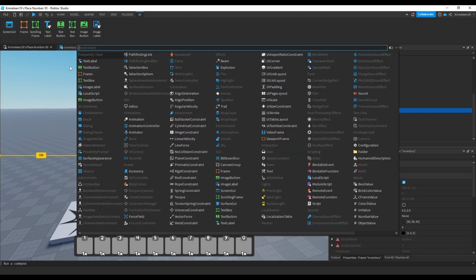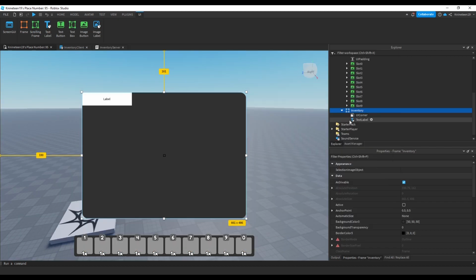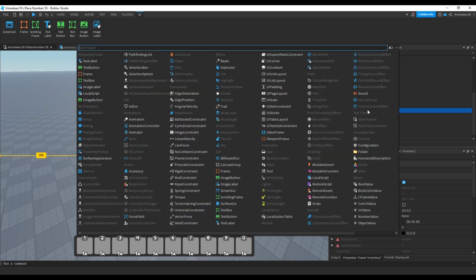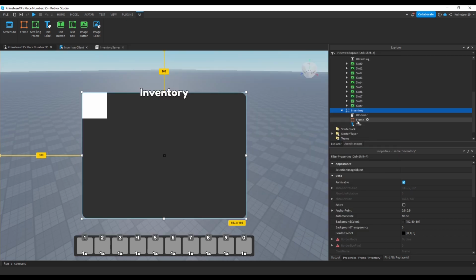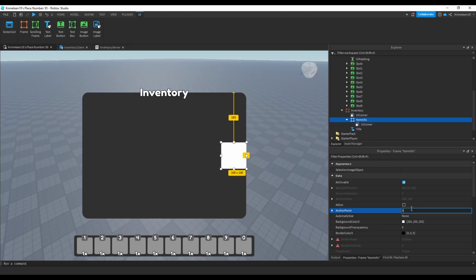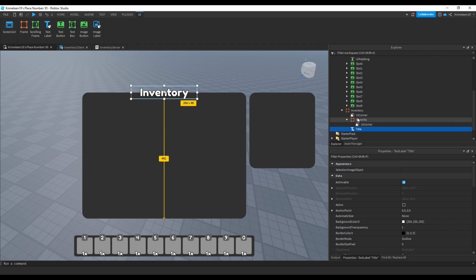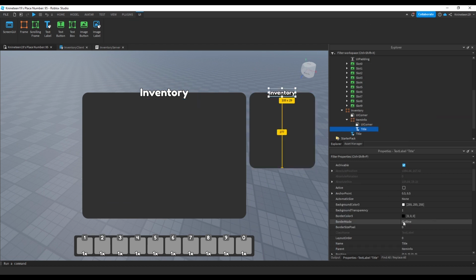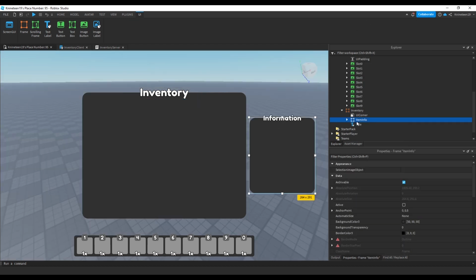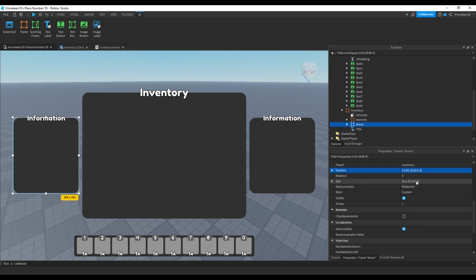Moving back to the inventory frame, we'll add a title text at the top to label the inventory for players. We'll then add a frame inside the inventory and call it Item Info, which will move to the right side of the main frame to store the information for the currently selected tool in the inventory. We'll copy the title screen over to this frame and adjust it accordingly, labeling it as Information. We'll copy the item info frame we just created and shift it over to the left to create a place to equip armor items later on near the end of this series.